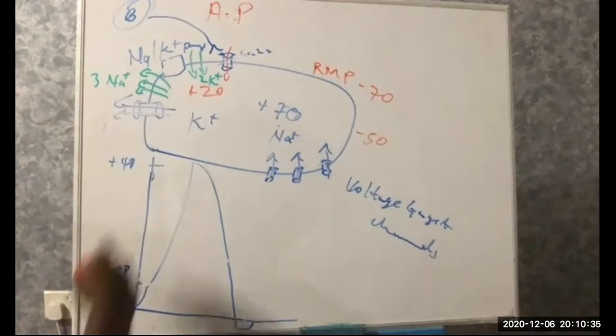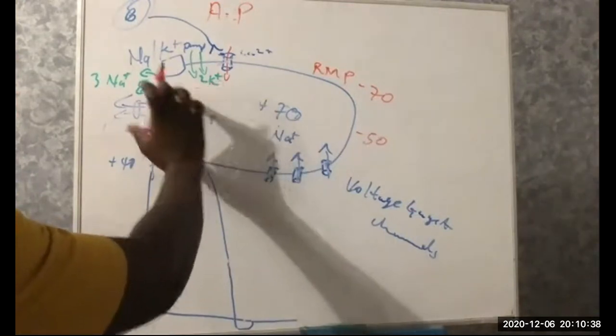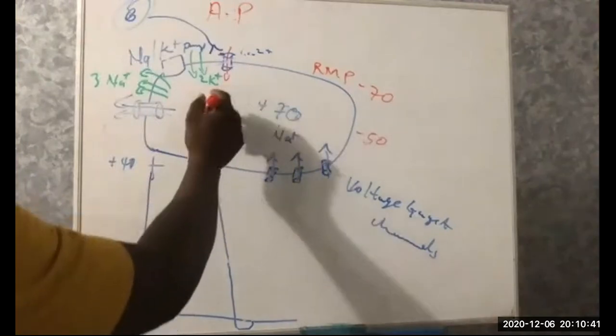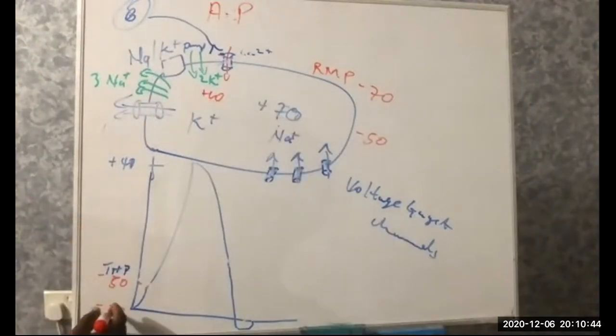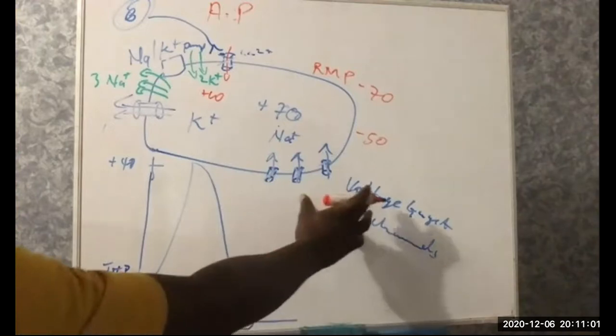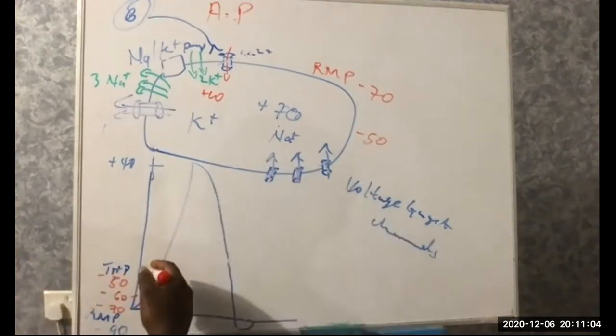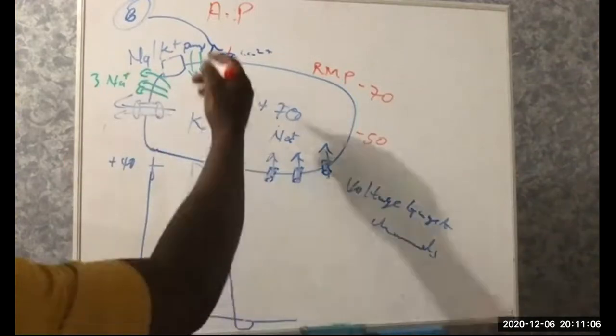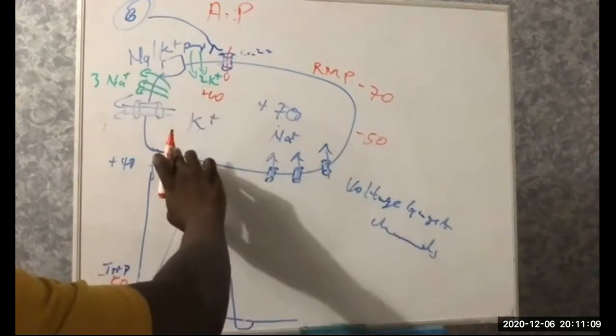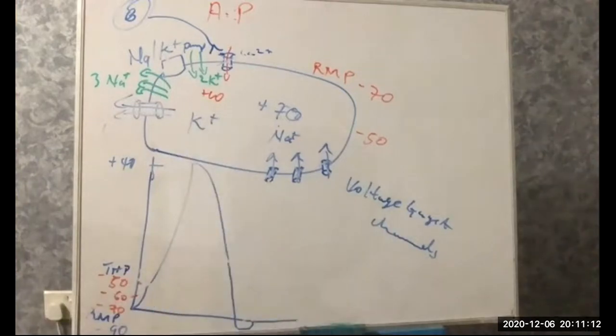Now, let's learn something important here concerning our question. So it means that if maybe you touch the person, okay, and only plus 10 positivity comes in, from minus 70, it will have moved to what? Minus 60. That is not up to minus 50. So action potential will not be generated. So the action potential is when these voltage-gated channels are open and there is what? A spike in the impulse,